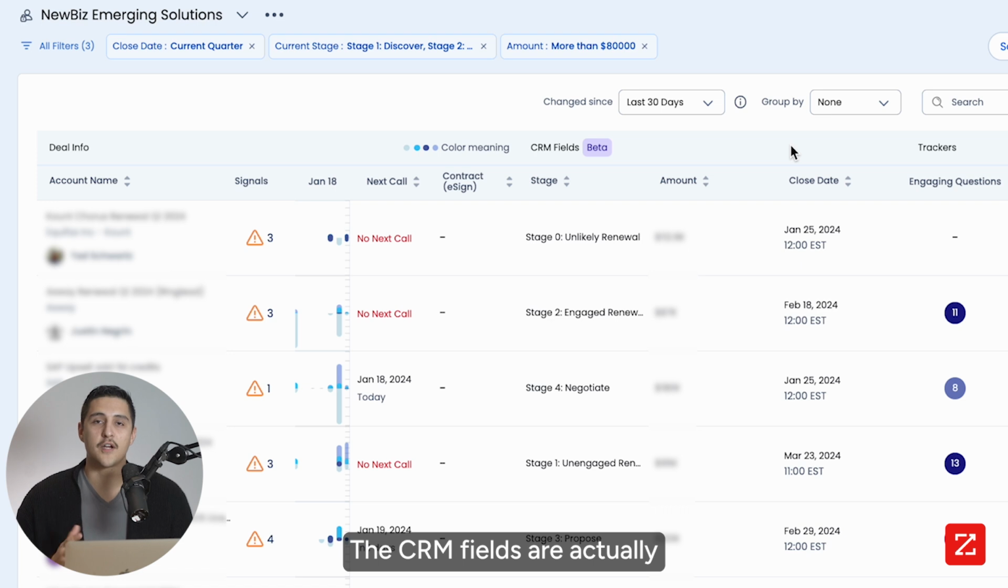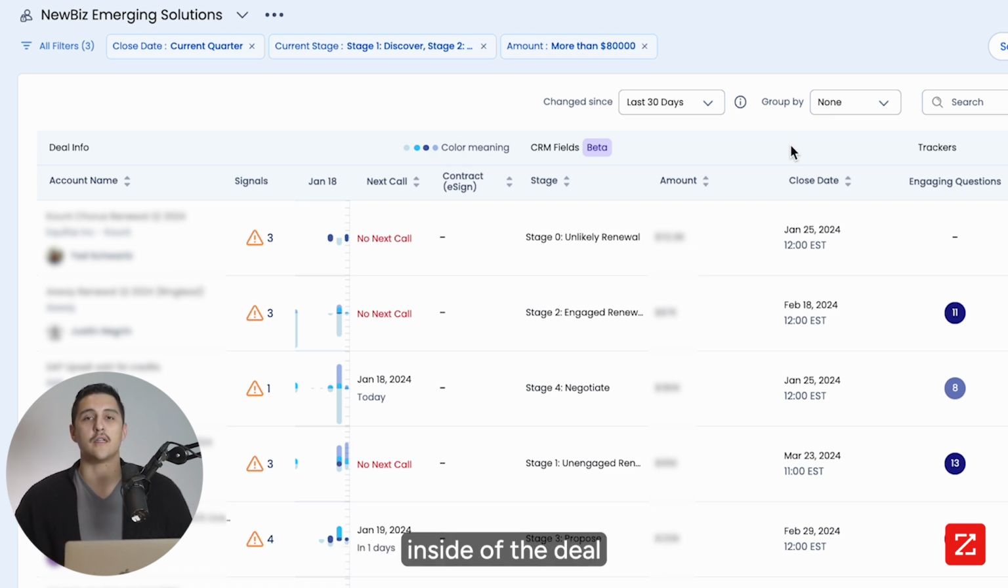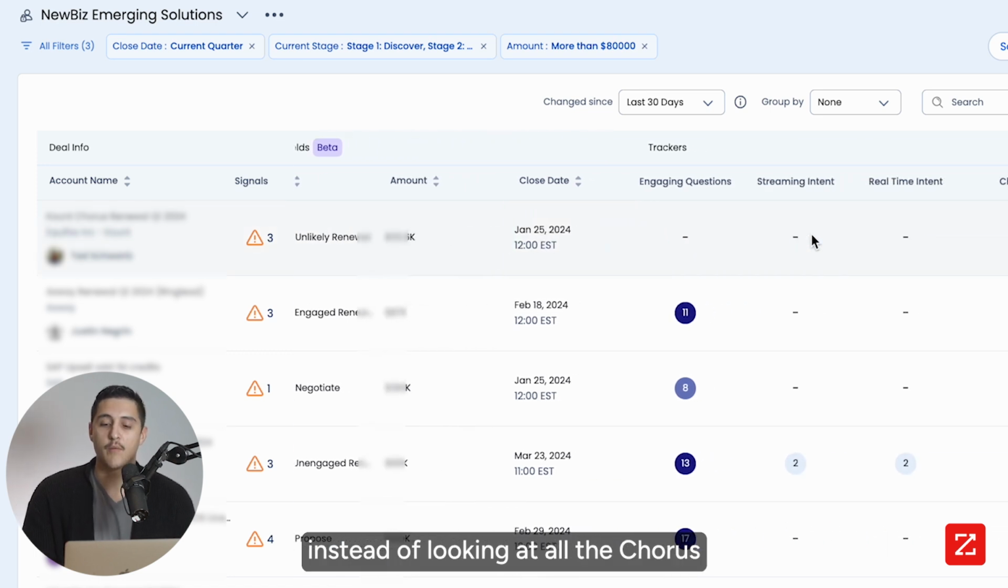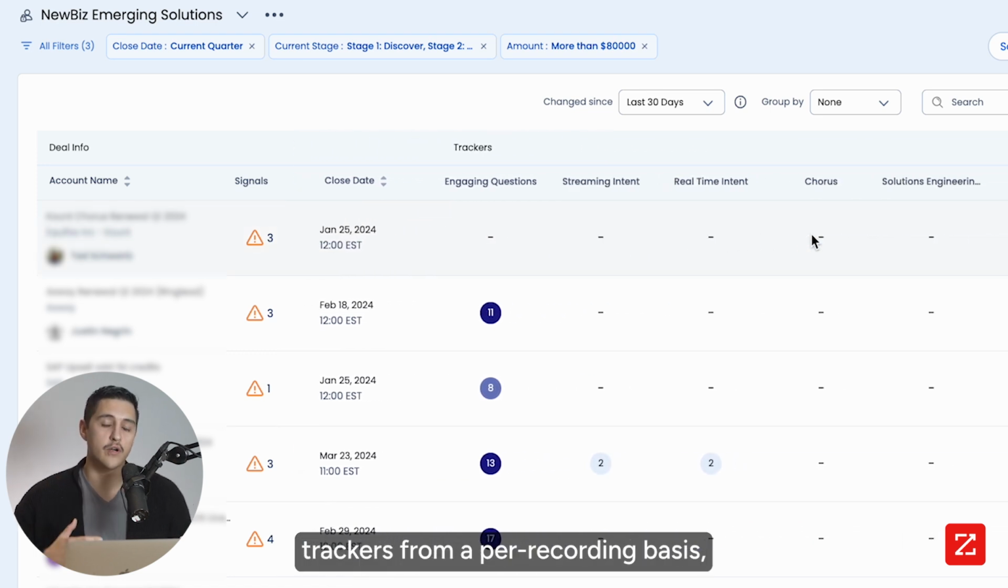The CRM fields are actually the fields that you want to pull from the CRM that you want to visibly see inside of the deal board inside of Chorus. So here I've picked out a few things that matter to me most: the stage, the amounts, and the close dates. Next, instead of looking at all the Chorus trackers from a per recording basis,